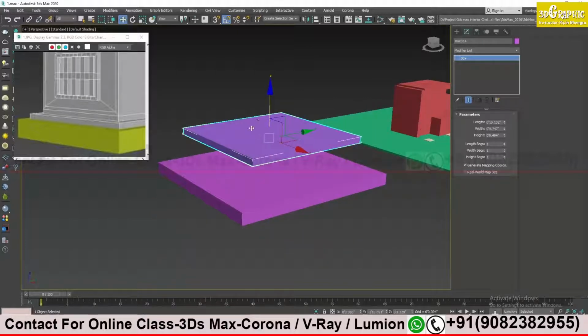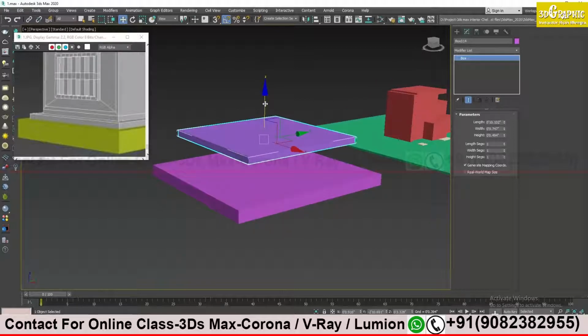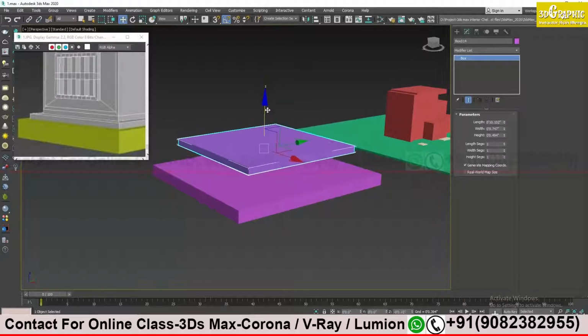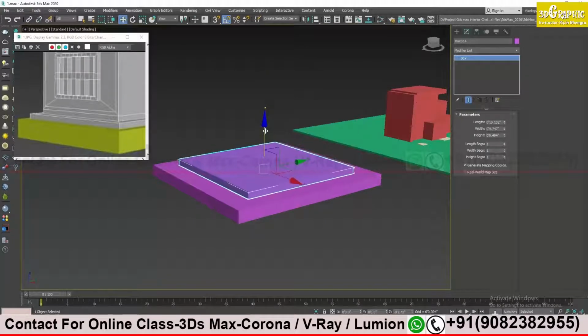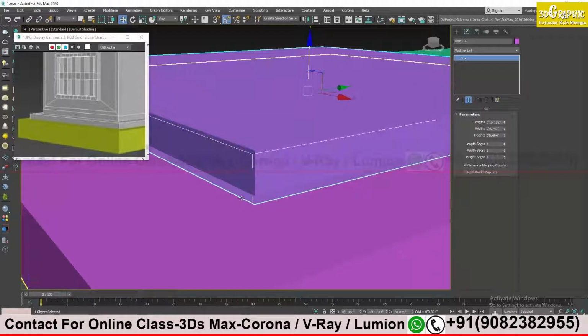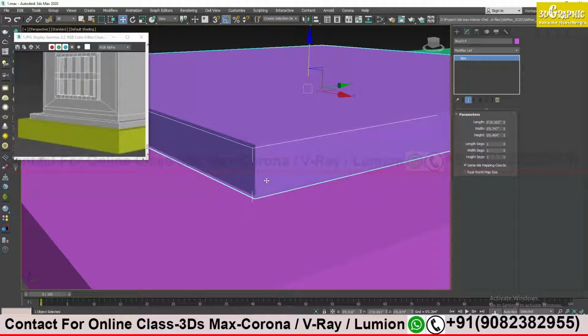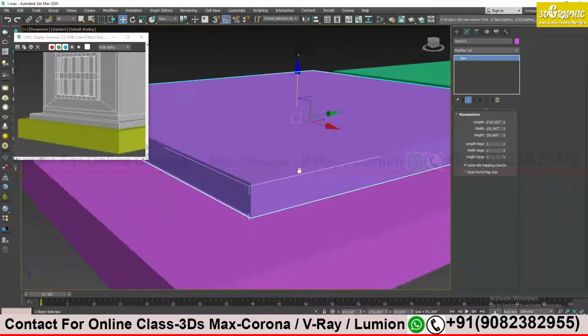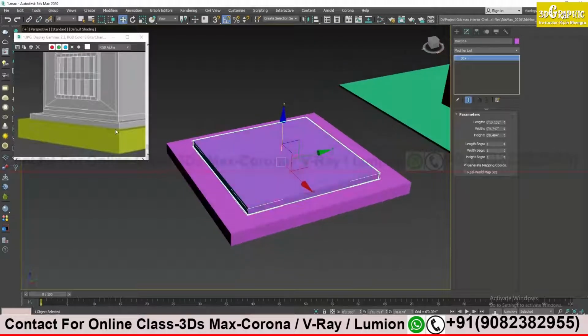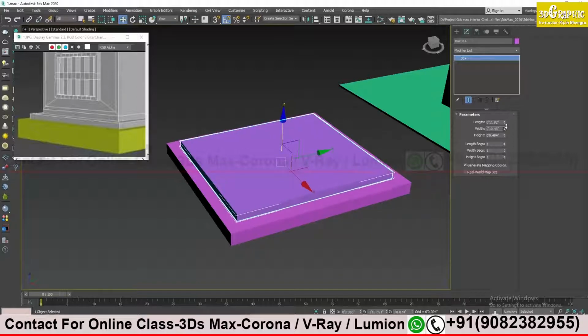Okay, so the next step will be to get it down, because see in the image both are so close, intersecting one another. So here also I have to drag it down, just left click on one direction, the Z axis, until both the shapes intersect one another over here. You see, a little bit up. Now it's okay. It's fine now. I had made it too short, so I will increase the width. See, I can control it from here, and this one width also.